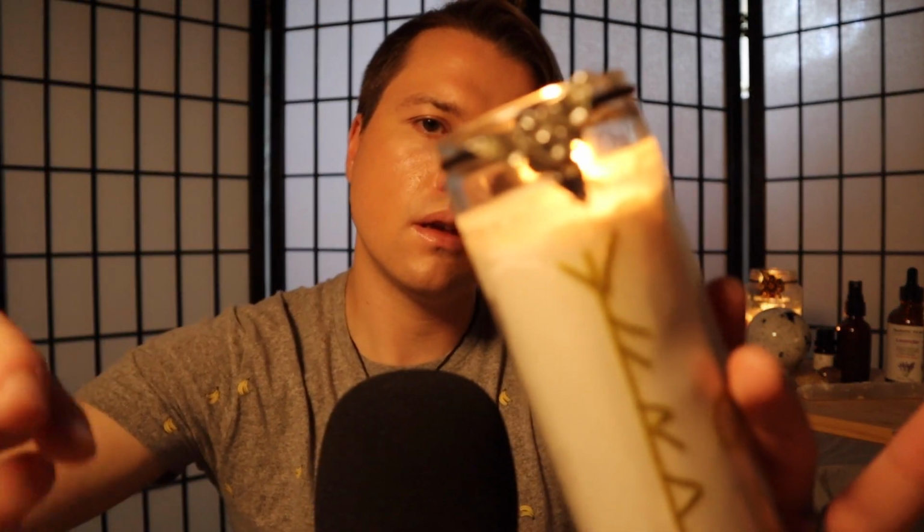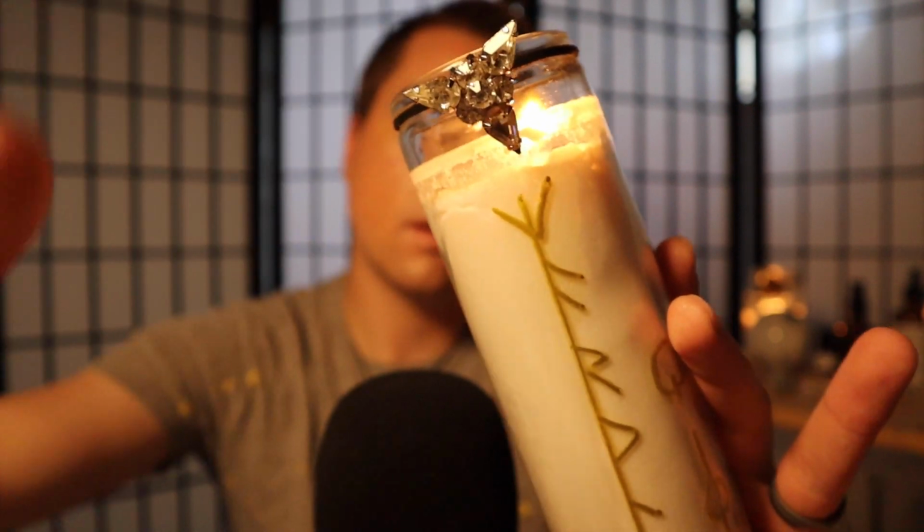Starting at the crown, the third eye, the throat, bringing the bind rune down to your heart energy center now and sealing it in. Moving down to the solar plexus and bringing that bind rune in, sealing it in there, sealing that bind rune,